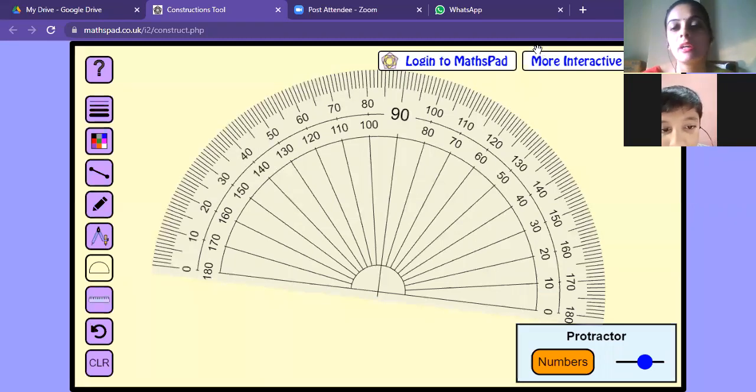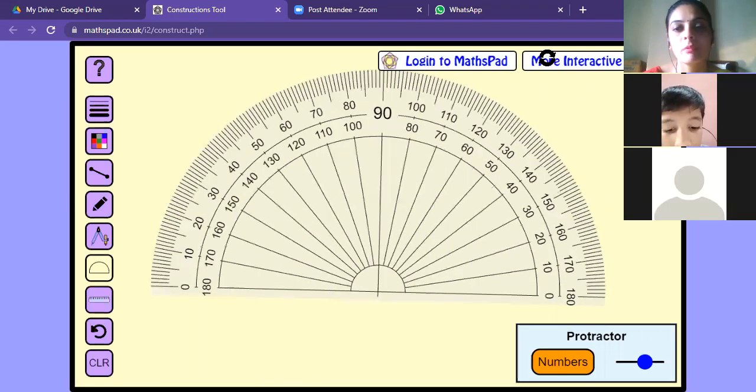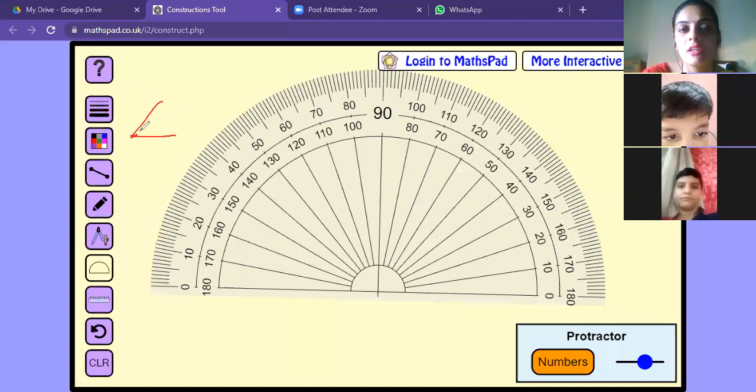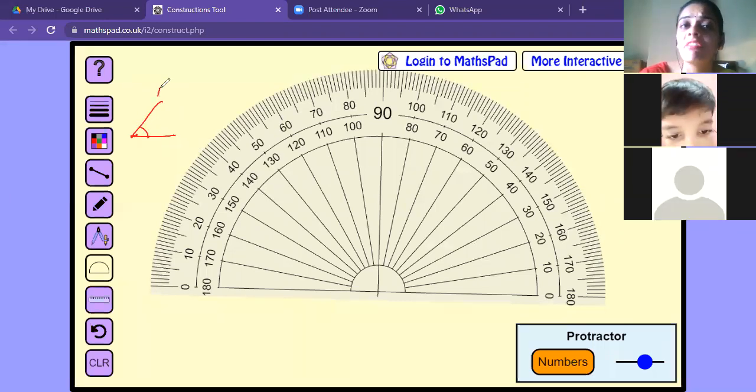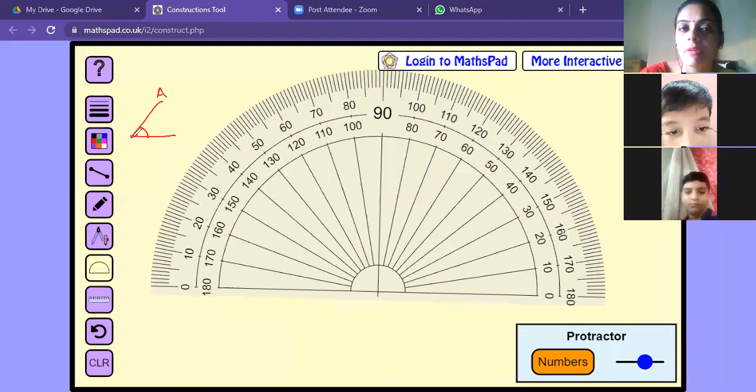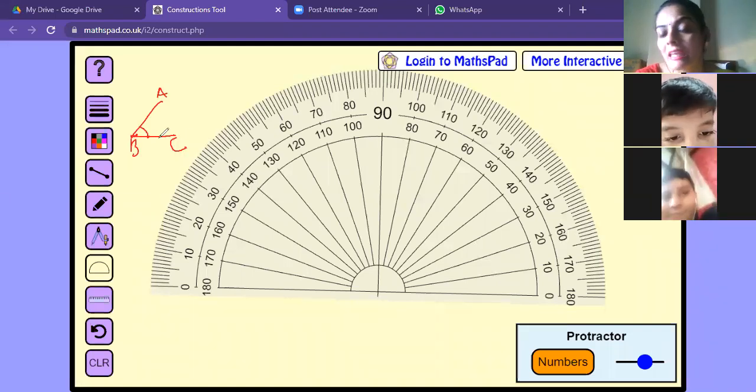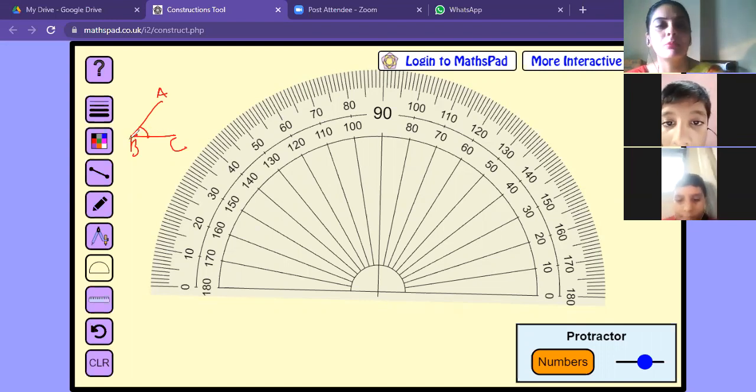So there should be a center point. When you form an angle, it is this way, and it is the vertex, and there you can write the angle, whatever angle it is. We have labeled the angle A, B, C. You can keep any name, P, Q, R, S, T, X, Y, Z, anything. It's up to you.